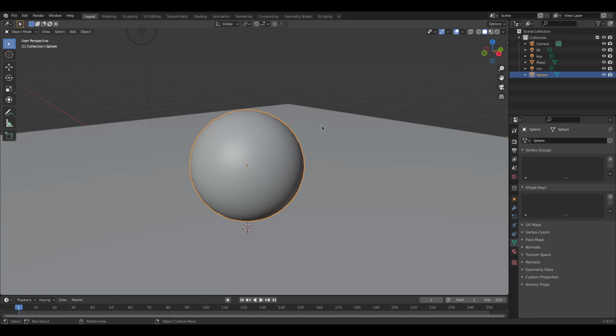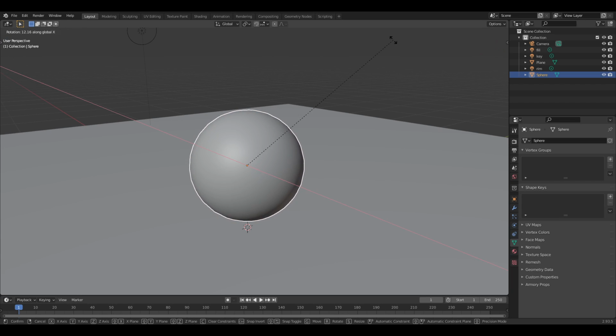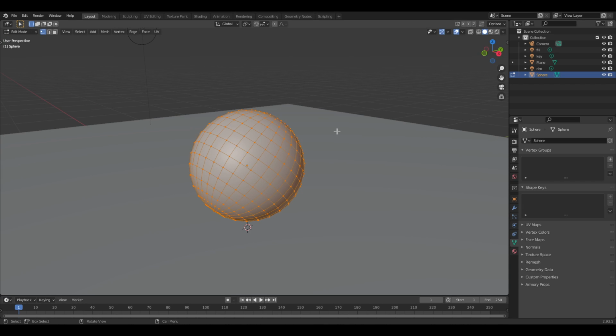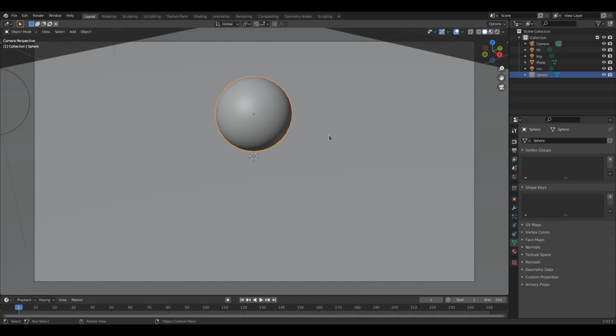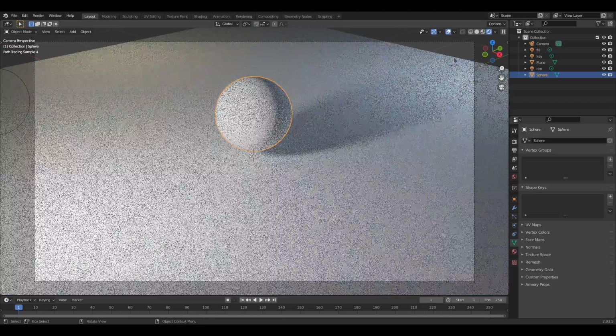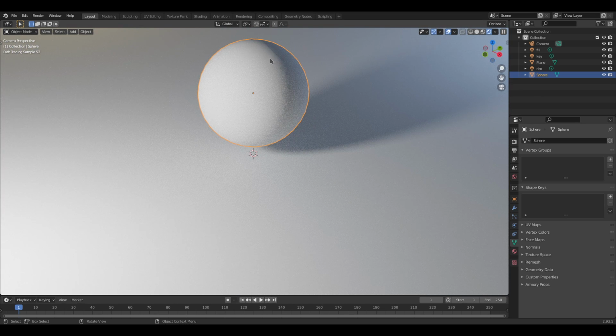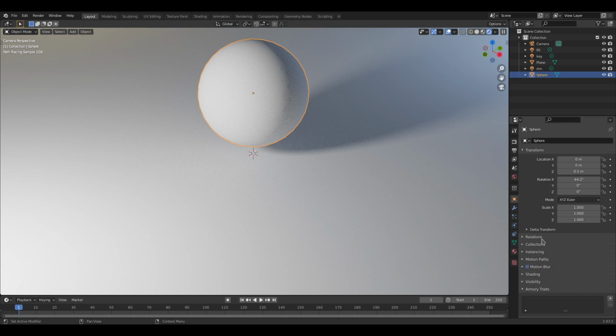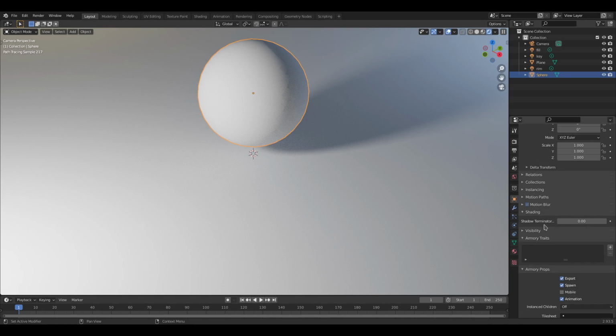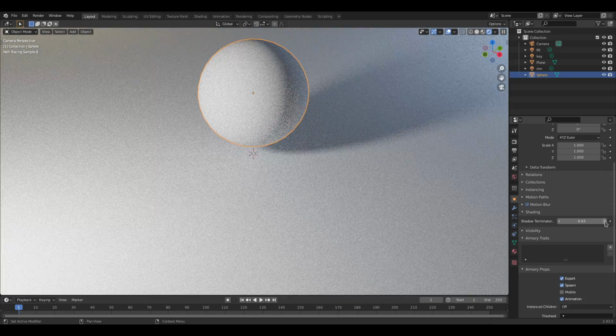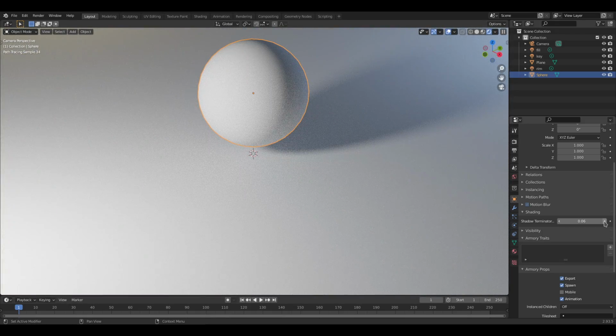Shade it smooth and hide the top of this wheel. That's also a pro technique, hiding the top from the camera view. And we've got little shadow terminator issues, which we can fix by pressing shading in the object properties menu and increasing the shadow terminator slightly until the hard edges disappear,